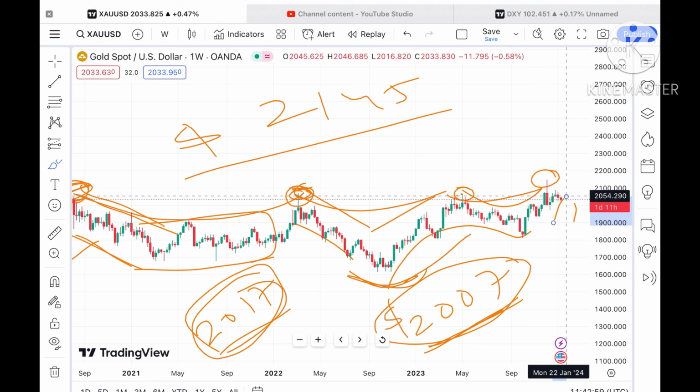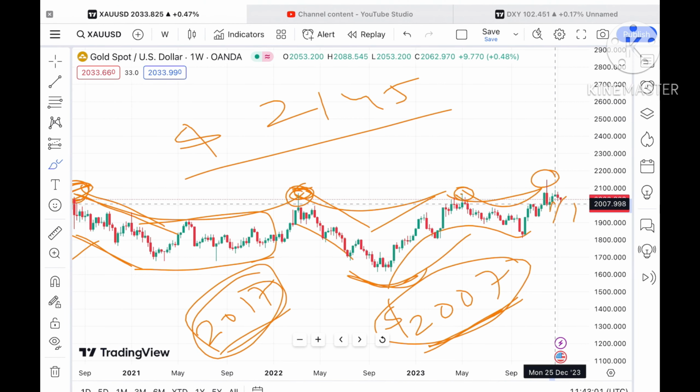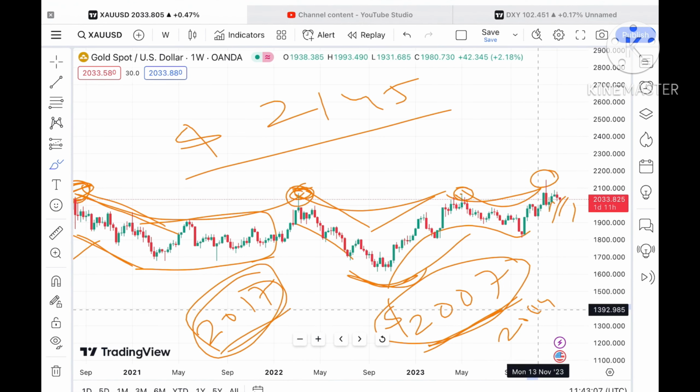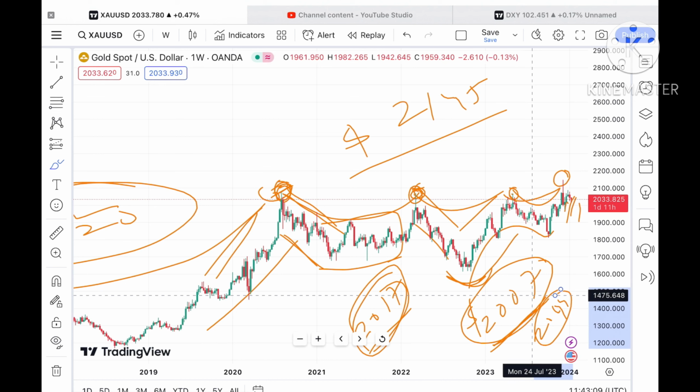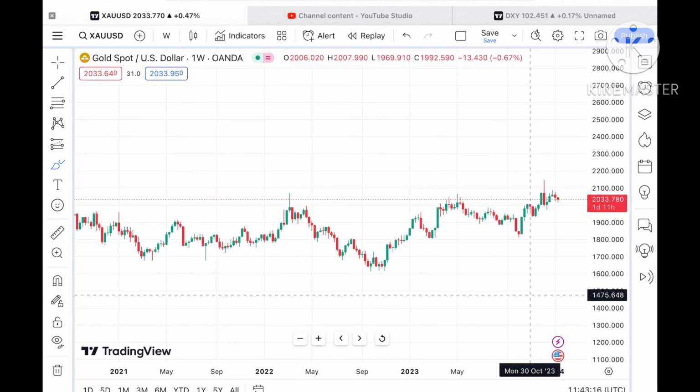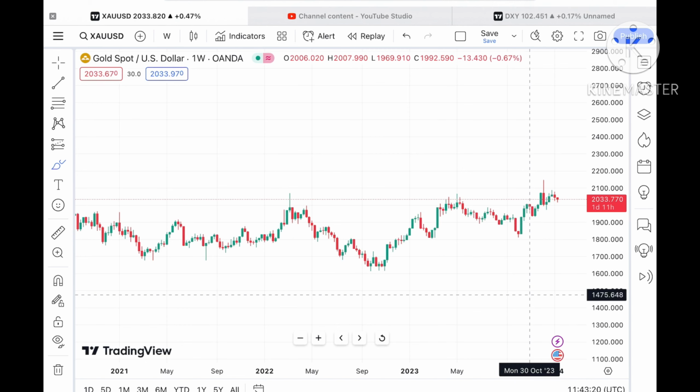But if the price starts sustaining this level, that means it starts going above a level of 2044, a further upside movement we can see. So suppose the price sustains this level, what we can see is, but overall the trend for 2 weeks has been a downfall, so we can see a further fall.